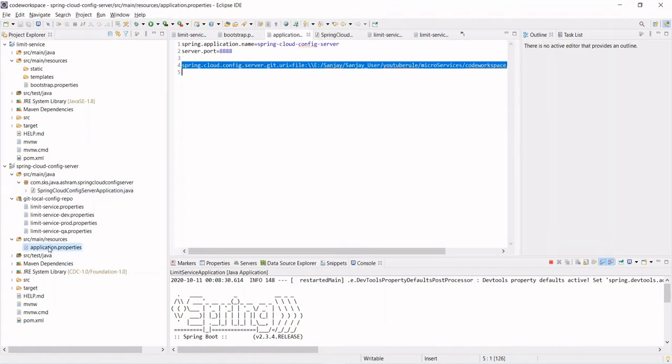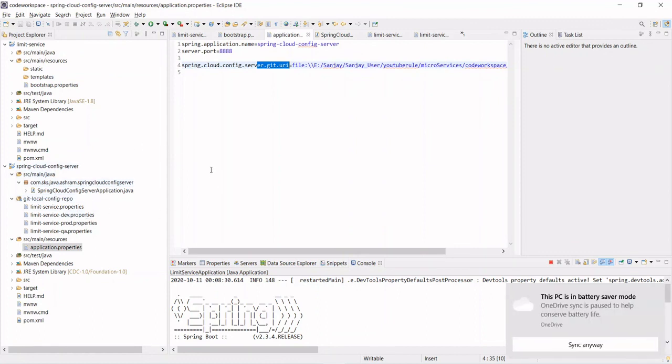In application.properties, you need to mention the URI, because the Spring Cloud config server has to read the configuration, so you give it the location of the local Git repository. So that's all about the configuration of the Spring Cloud config server. Until then, bye bye.